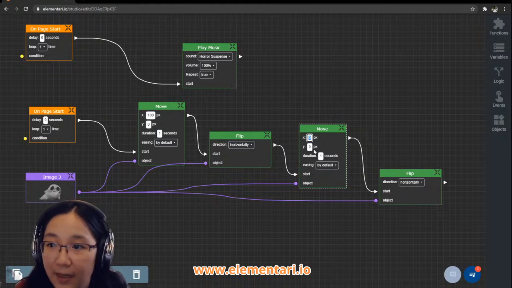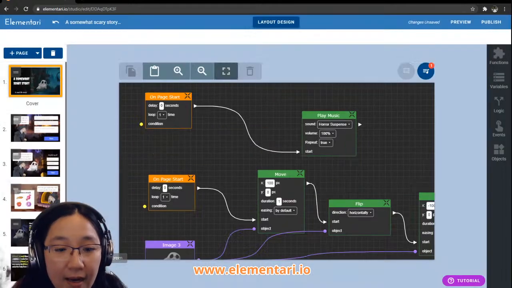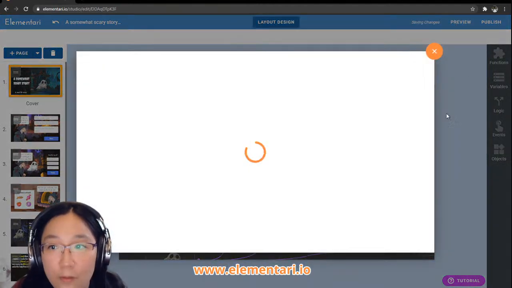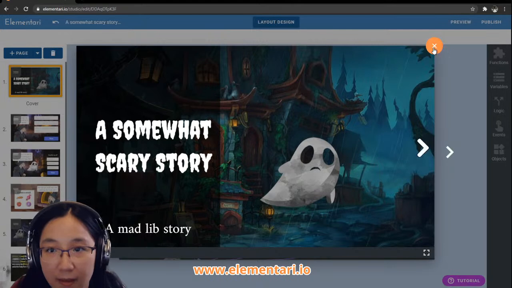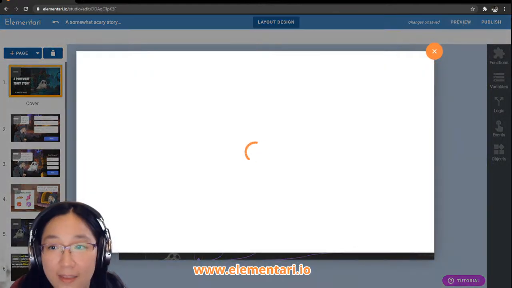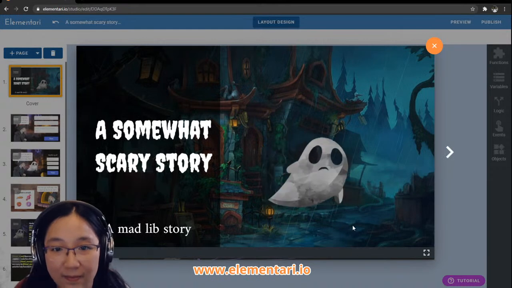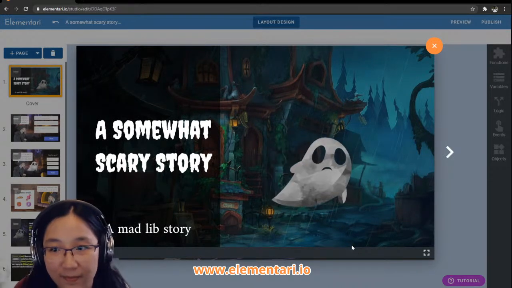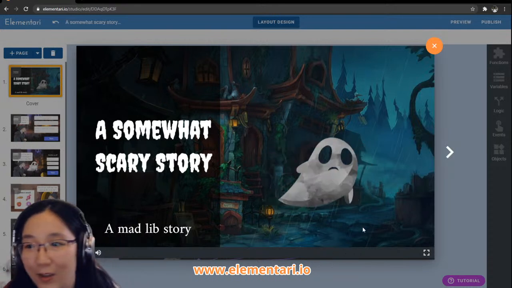Yes, you need a negative. Great. So let's put negative 100, and let's go back and preview our first page. So he only does it once, but we can make him loop forever, and then he'll just kind of dance. What do you think? Looks good?